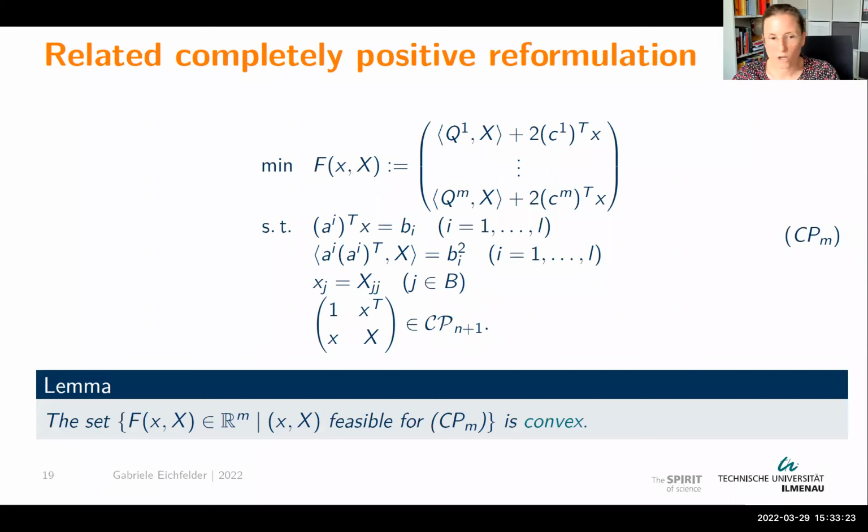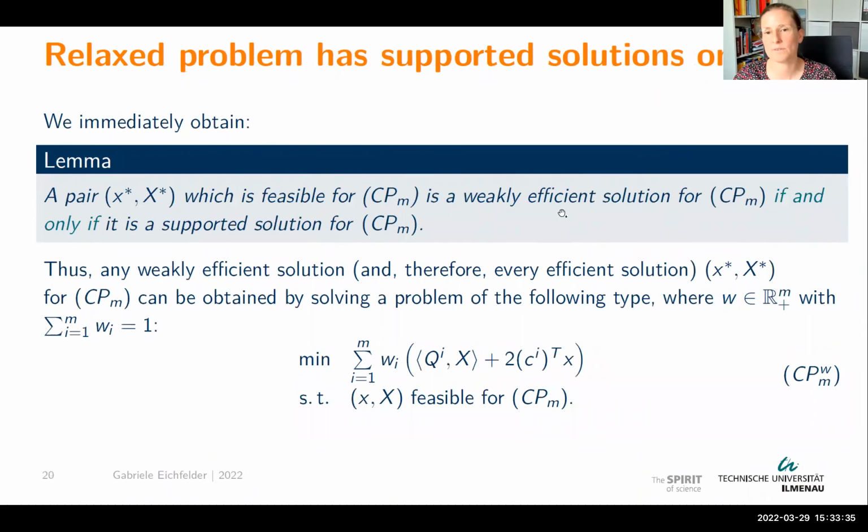So as a first note, which is completely clear, of course, this is a convex problem. The image set, so all possible attainable values, forms a convex set. And because we have a convex set, we have learned that the weakly efficient points are exactly the supported solutions. The supported solutions are those points which we can find by a weighted sum. And they are always weakly efficient solutions, and the other way around, if and only if, only worked in a convex setting, and we have a convex setting here. So for the relaxed problems, weakly efficient solutions and supported solutions are the same. And this gives us already all the hints we need for the further studies that something will go wrong here.